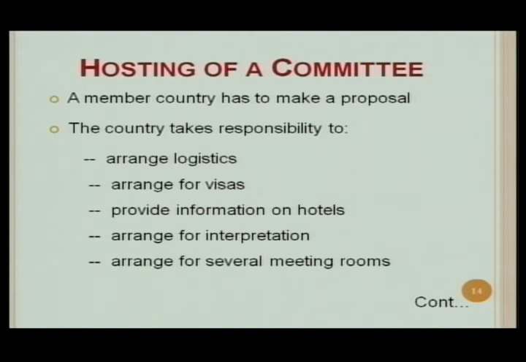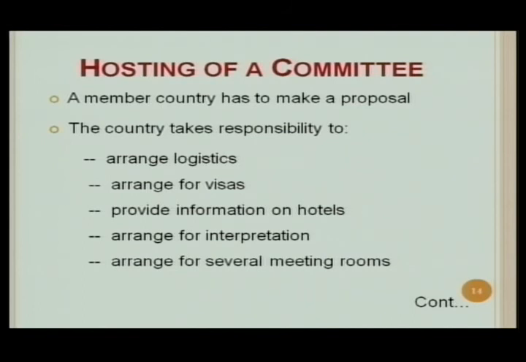The Commission agreed, and while agreeing so, they ensured that India takes the responsibility for arranging all the logistics for the meeting, that is the room, the hall, the several meeting rooms, the interpretation, the translation of documentation, all these things, provide information on the availability of hotels, currencies, and make sure that visas are provided. The countries who have to come to India have to obtain a visa before coming. They have to apply according to the procedures. They have to make a recommendation to the Indian embassies in different countries to facilitate grant of the visa.